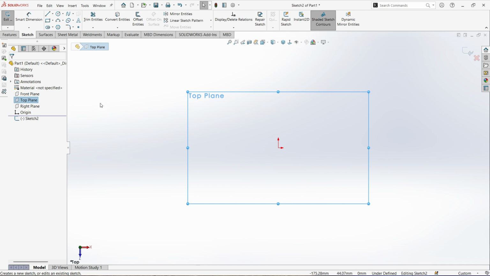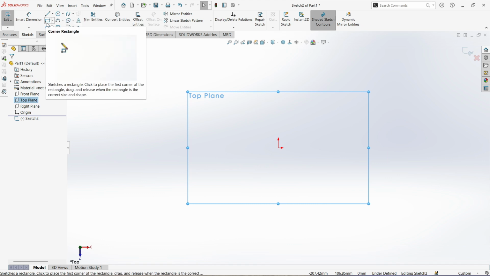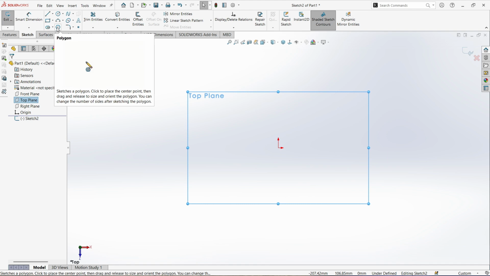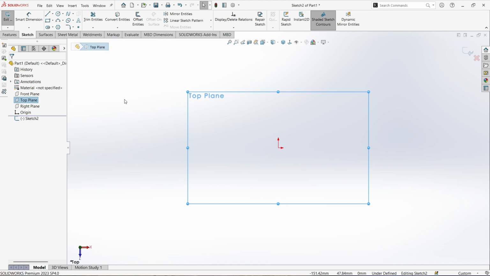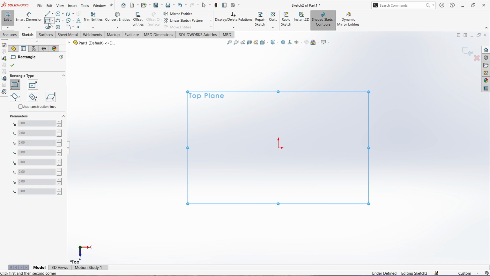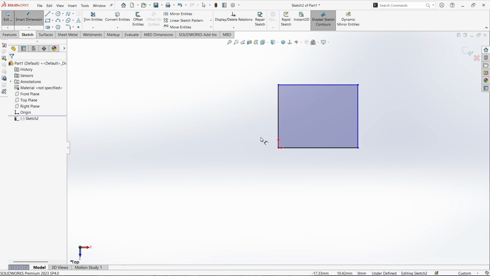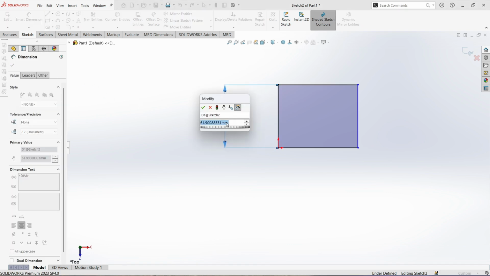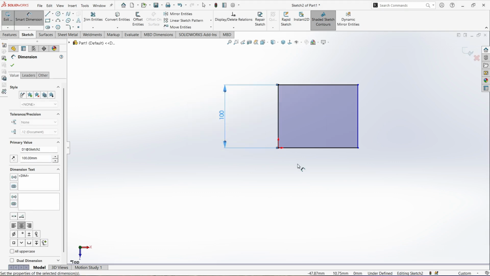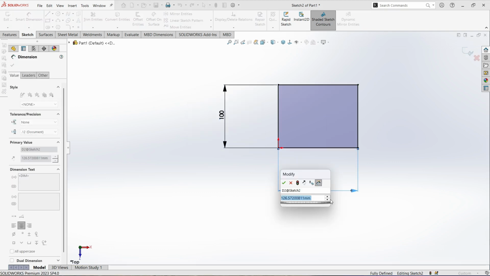Go to top plan. Now you have sketch feature. You're free to make a sketch. You can use line, circle, spline, rectangle, or 3-point arc, ellipse, slot, or polygon. But in this case, I use rectangle like this. Click from this point to this point. Let's make a dimension. Make this line length 100, and this line length